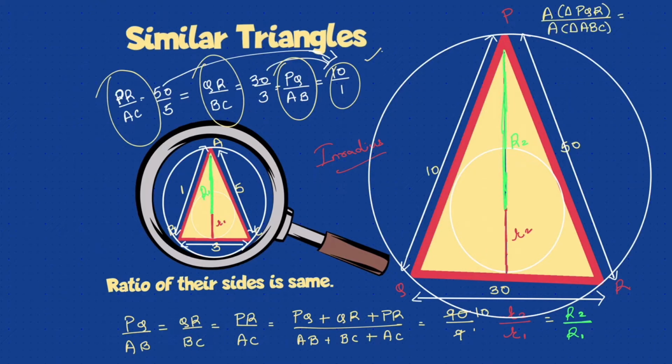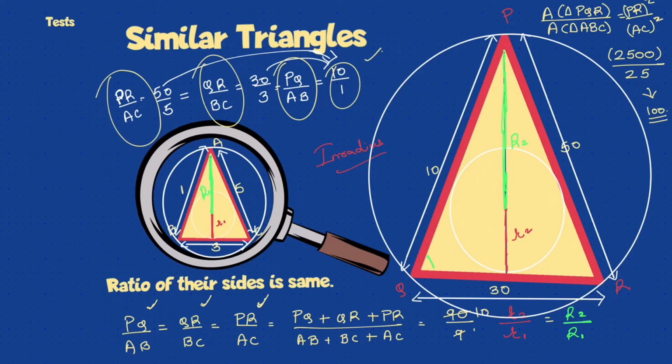Not only that, area of triangle PQR upon area of triangle ABC. If I go ahead and check this, it will be equal to, take any one side, PR or QR or PQ. I'm taking one side, PR upon AC, so PR square upon AC square. This is one result that will also be followed. You know what PR is now? Let's just take it, it's 50. 50 square is 2500. AC is 5, 5 square is 25. 2500 divided by 25 is 100. So remember that as well.